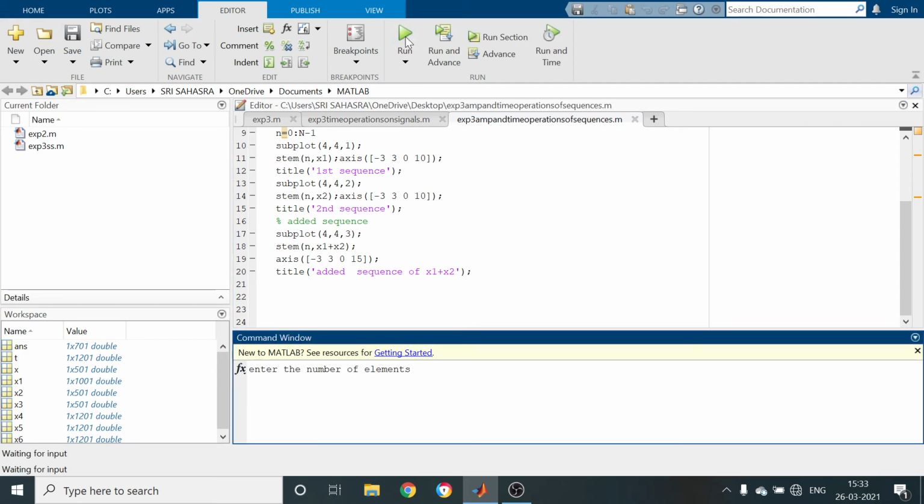When you run the program, just wait, we have to give the elements.